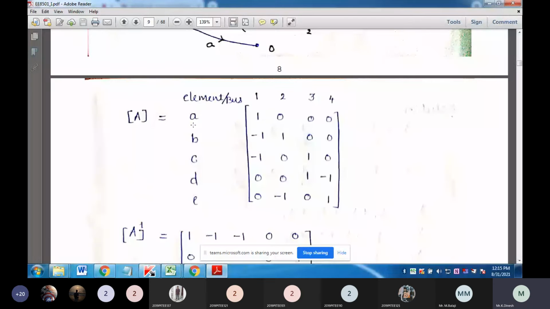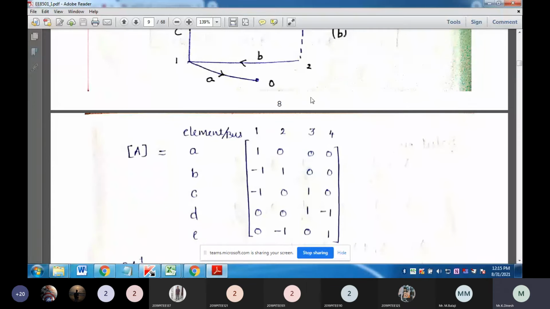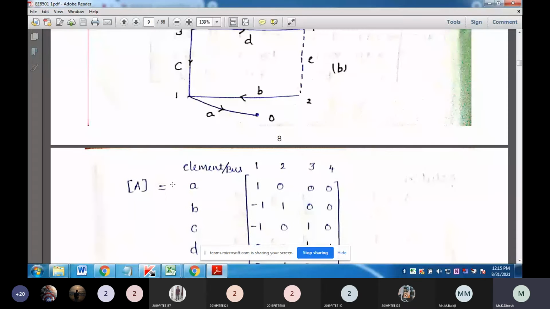So I have 4 active branches, 1, 2, 3 and 4. 1 is grounded, 0 we couldn't consider. With respect to your branches A, B, C, D, E. So A with 1, it is forward direction, so 1. A with 2, reverse direction, 0, and A with 3